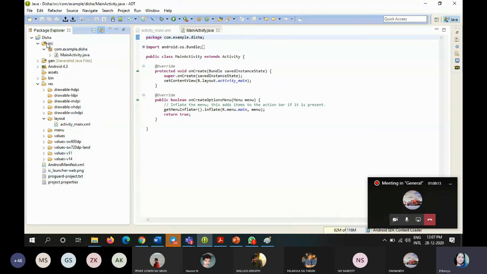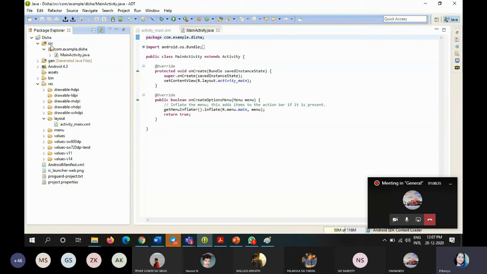Package Explorer plays a very important role within the Eclipse. Why? Because without Package Explorer, you can't execute any mobile application. Not only mobile, you can't develop any application. That's what we can say the Package Explorer plays a very important role here.